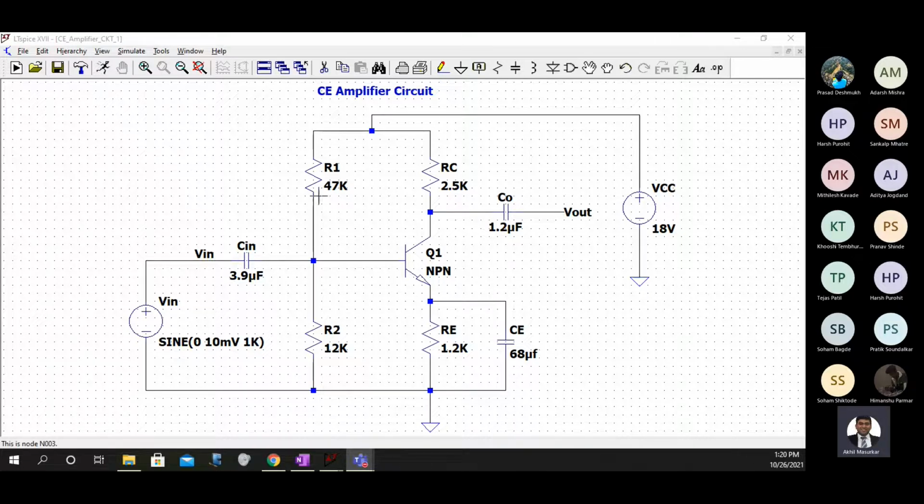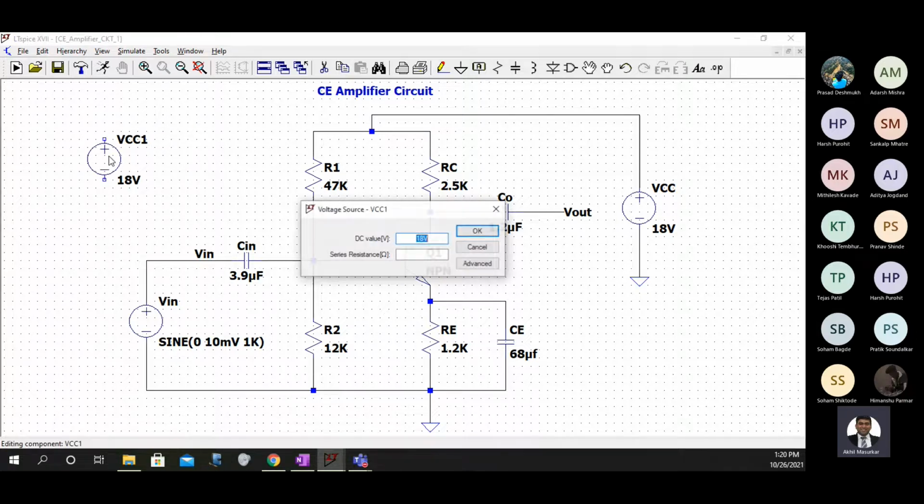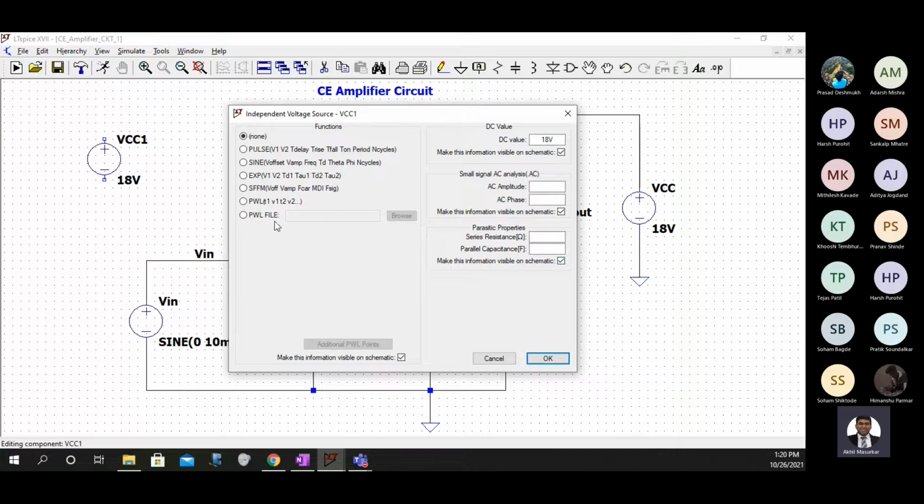Any doubts in this? Any doubts why I have, from where I have taken it, how I have got this? So what I did is I just took this source, I clicked on it, then I went to advanced, and you can apply different kinds of voltages. So we picked sine, and then we gave some value to it. The DC offset, what is the meaning of that, I will just show you within some time. But initially we'll keep this 0.